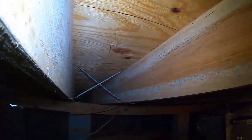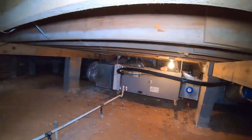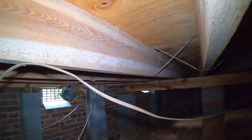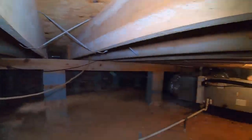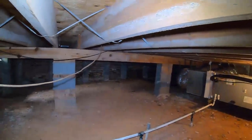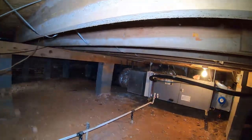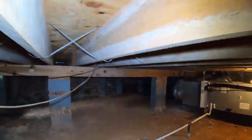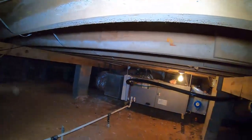With this crawl space, we did have a significant amount of mold, and we've also removed the majority of the ductwork. In a lot of these projects, you'll see companies try to clean mold and do structural framing repairs with the ductwork in the way. And it's really self-defeating. The crews get in there and they damage the old ductwork. The old ductwork is leaking anyway, so it's often very proactive to just go ahead and pull the ductwork, open up the work area so that you can get in here and work properly and safely. So we can see here the crew has pulled the ductwork,